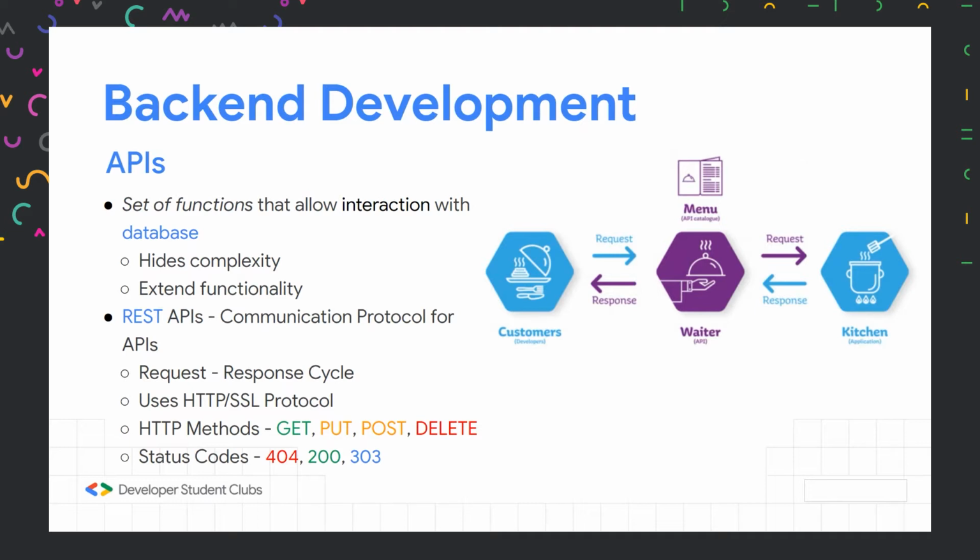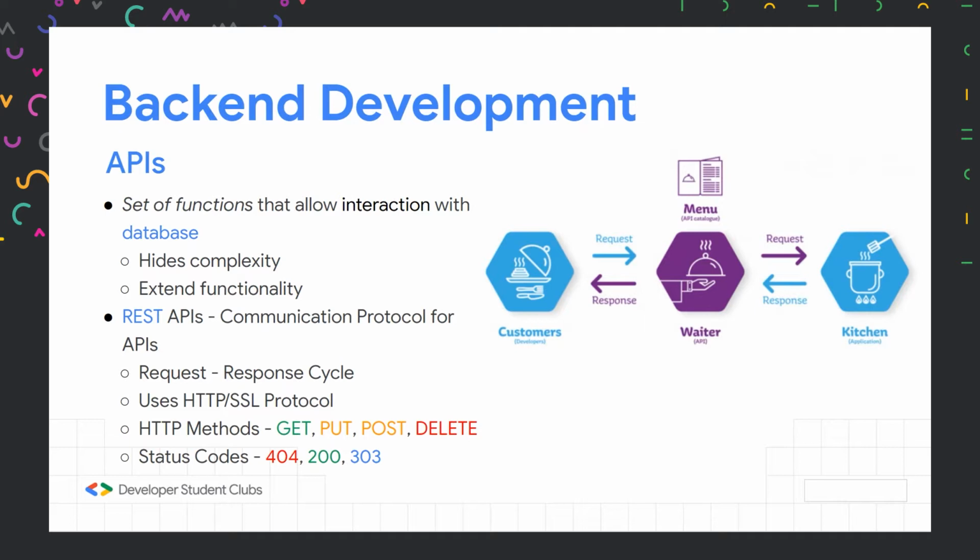There's the POST method. The POST method sends data from the user to the web server along with the URI. The PUT method replaces the data in the web server with the data sent by the user using a URI. And the DELETE method deletes the data in the web server by identifying which data is to be deleted.